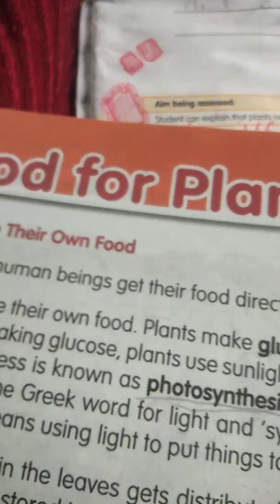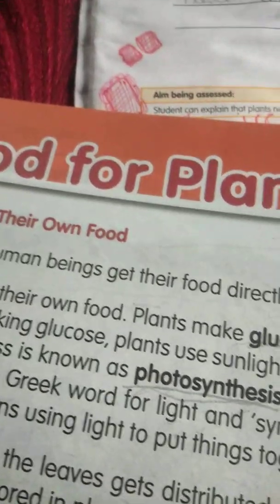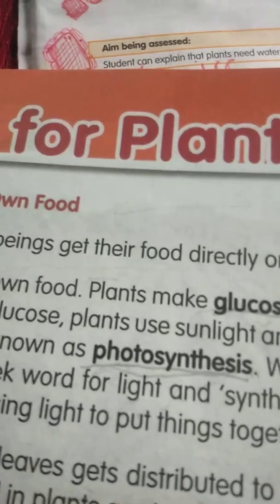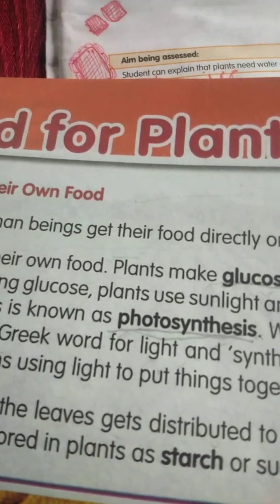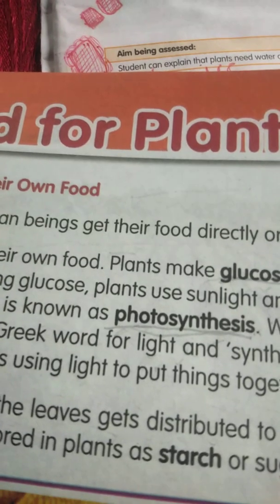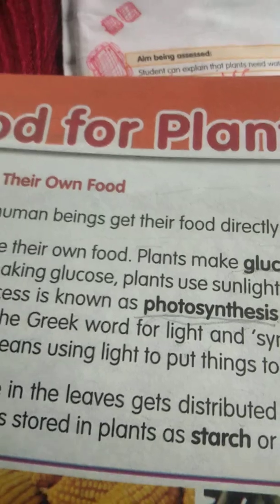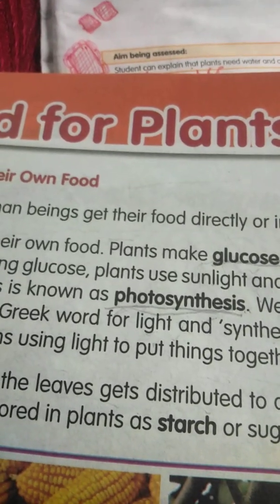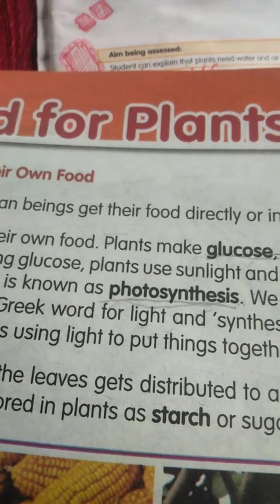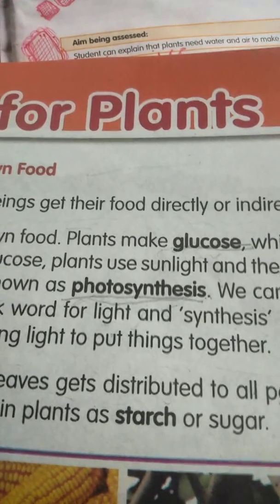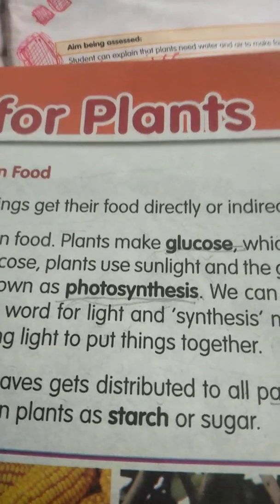So what happens when we get hungry? We look for food to eat, right? So plants, however, are different from us. With their roots anchoring them to the ground, you can imagine it would be difficult for them to move around looking for food, right? So here plants make their own food. The leaves act as food factories or kitchens, right?